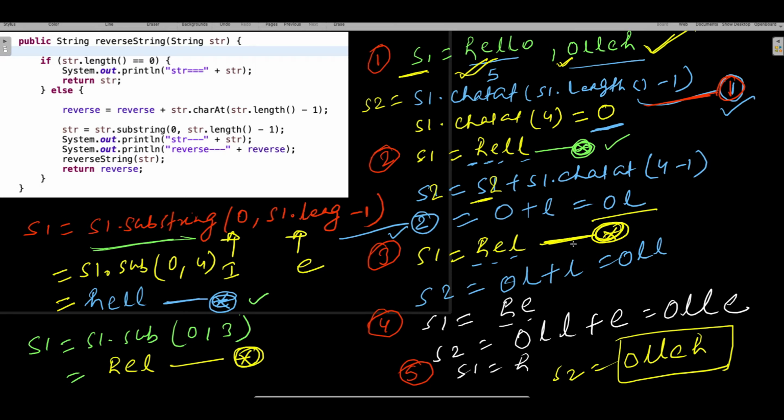And this string you are getting here is not the same string as before. You got it now. Again, if you do the third iteration, you know what happens? This HEL is a recursive call. You are calling the same method with the S1. So HEL will get reduced, and when you do substring 0 to length minus 1, since the string is HEL, 3 minus 1 is equal to 2. So s1 dot substring 0 comma 2, and the 2 is exclusive, so it will be 0 to 1, so HE. And in the fourth iteration, the same string will become HE. So now you understood, you got some idea how you should write the logic.